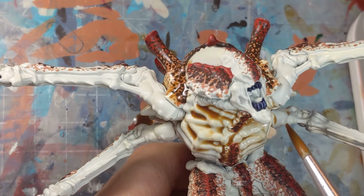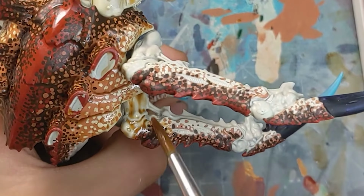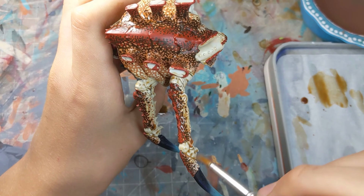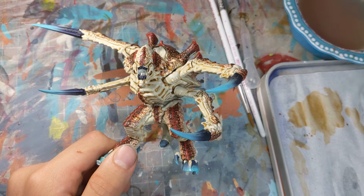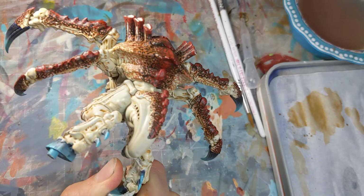If you're having to think hard about this step, then you're probably doing it wrong. Just slap it on the model and watch for any excessive pooling, and you should be good to go. This process of washing is one of the things that's going to start getting our Screamer Killer towards looking like that more finished product, and we're nearing one of the longest steps in the process, which is actually letting the